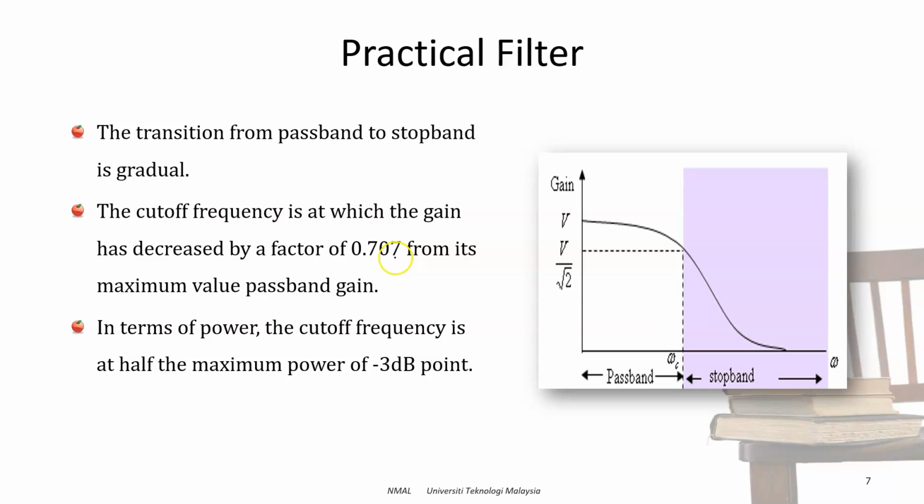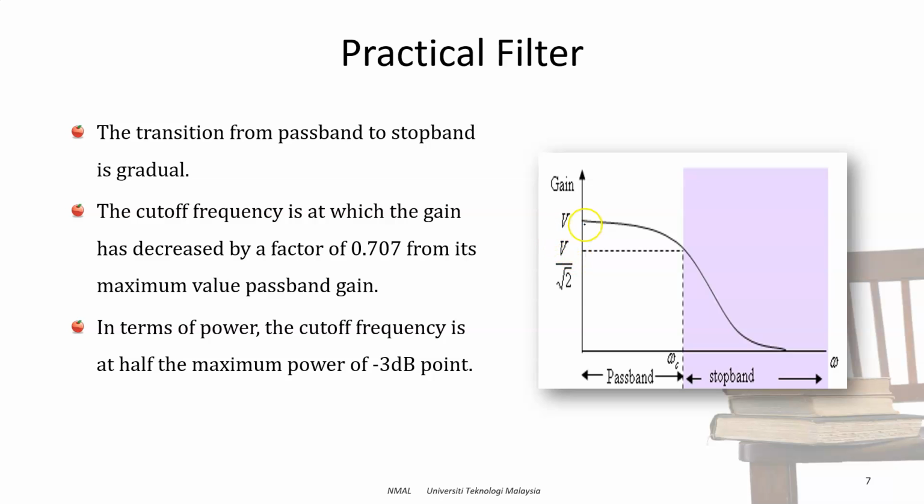Okay, the cutoff frequency is at which the gain has decreased by a factor of 0.707 from its maximum pass band gain. So again, because there are no sharp edges here, we define omega c at the intersection with the gain that has decreased by a factor of 0.707. It means a factor of 1 divided by square root 2. If you find the value of 1 divided by square root 2, you know that it is going to be